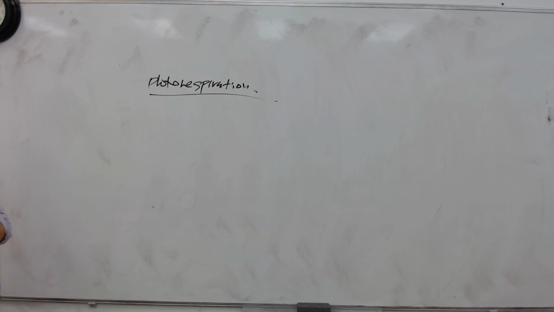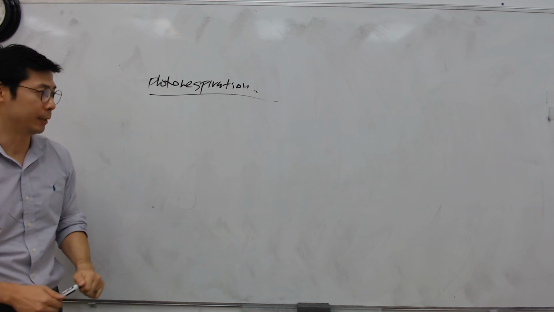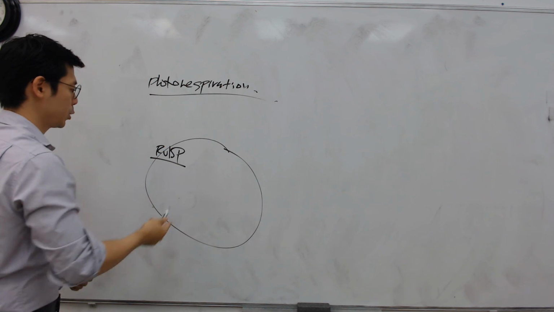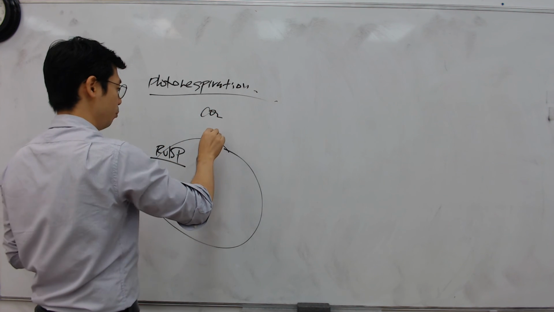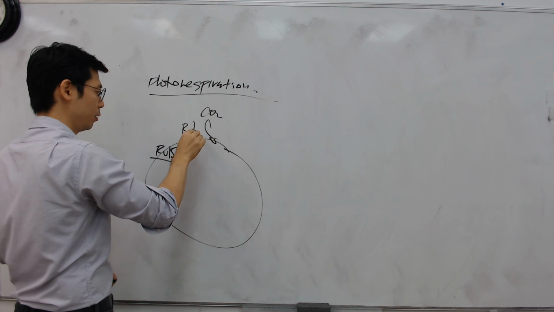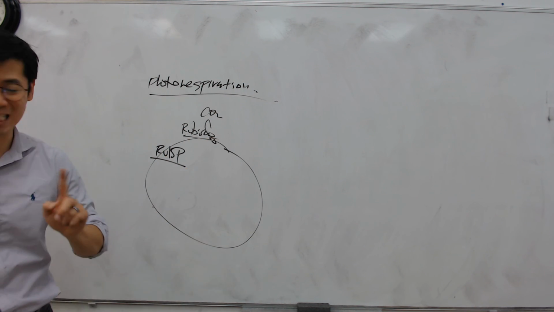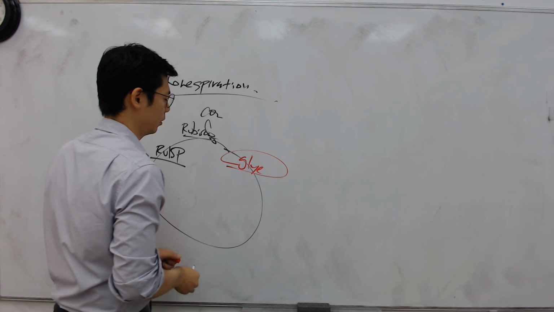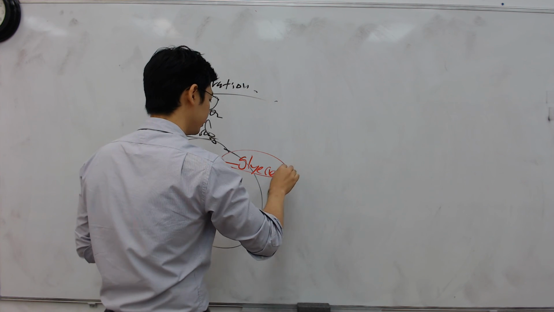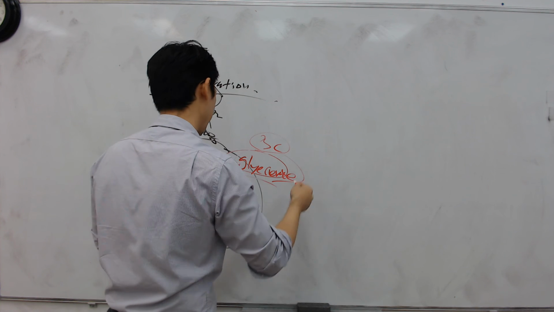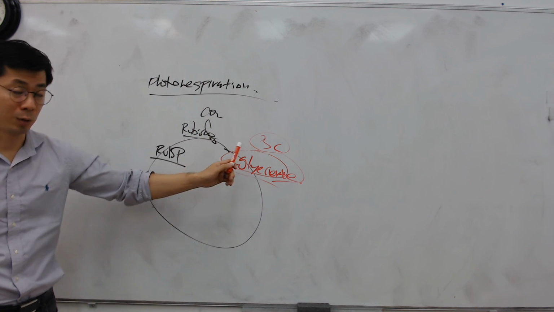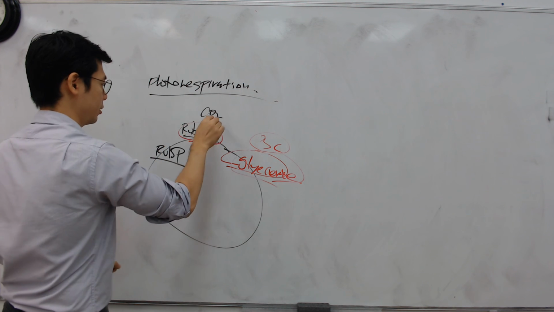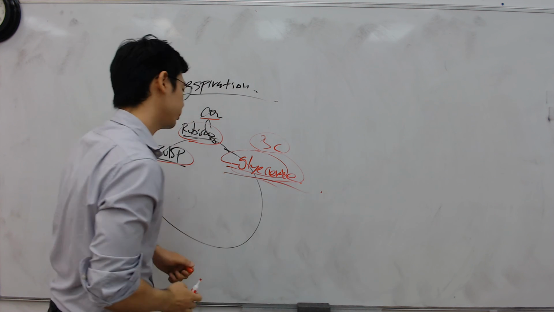So there's a little problem for the plants. The problem is with the Calvin cycle. There's RuBP, ribulose bisphosphate. CO2 must go in, and it's the job of Rubisco, which is ribulose bisphosphate carboxylase. And what do they produce? They produce something we call, I'm sorry, phosphoglycerate. Glycerate is a 3-carbon molecule. This is just what we talked about. Rubisco, CO2, RuBP, glycerate.